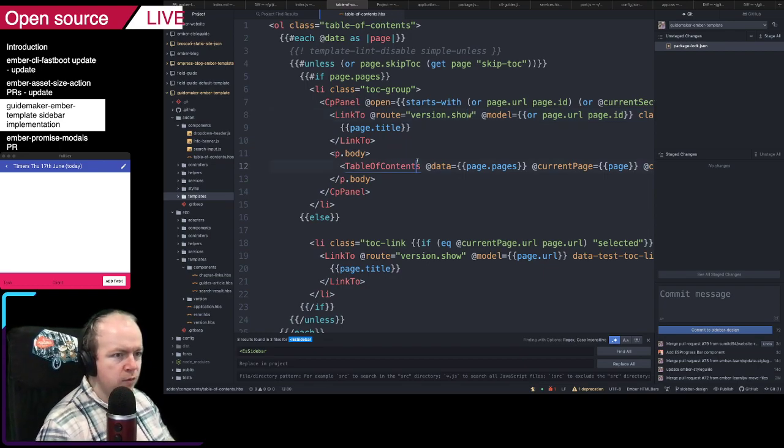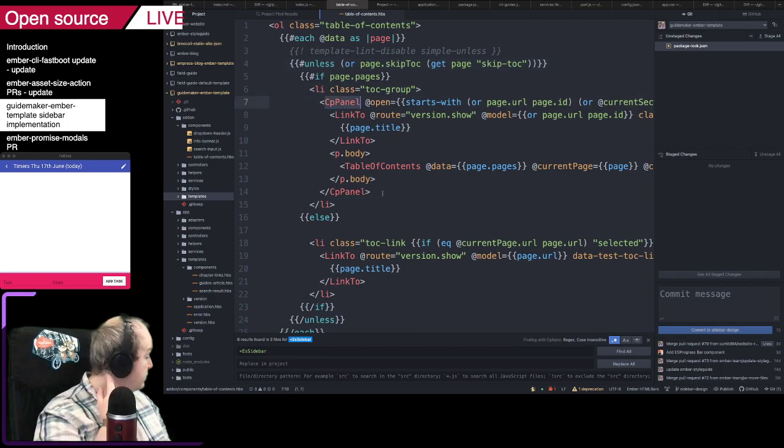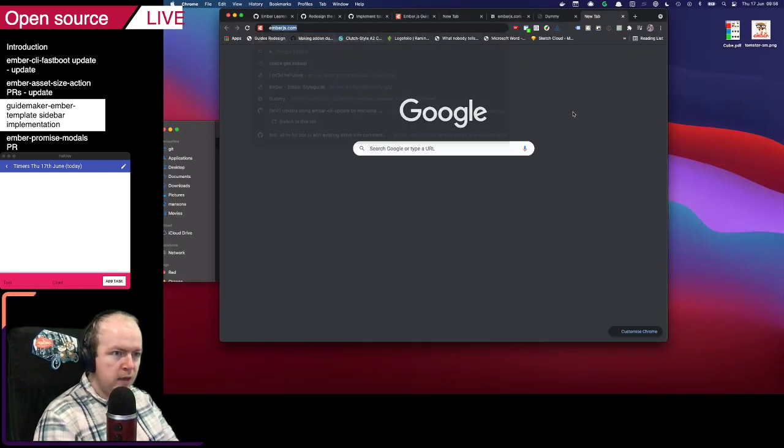This is our CPs. We are using an add-on to implement this. So Ember